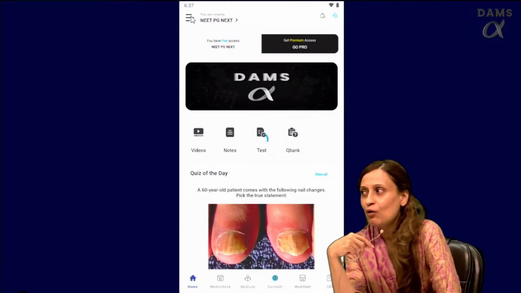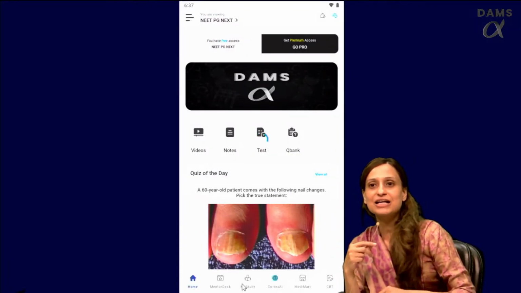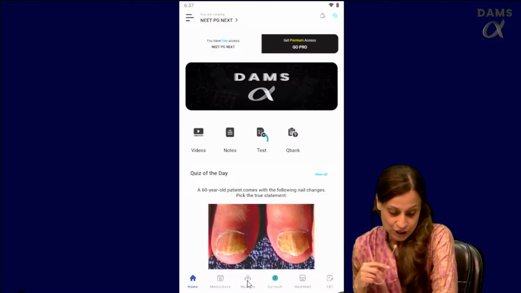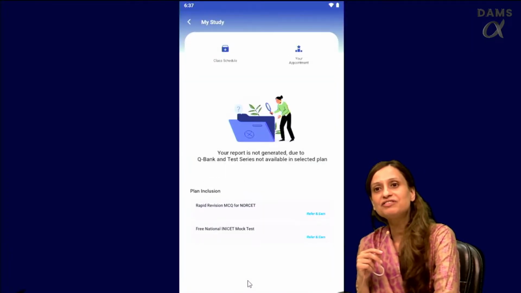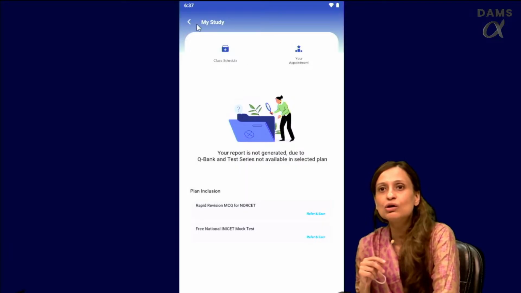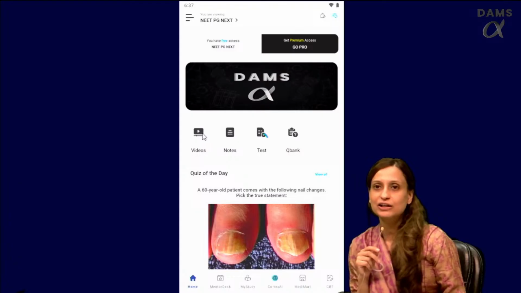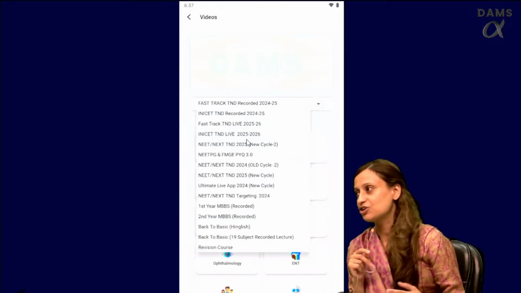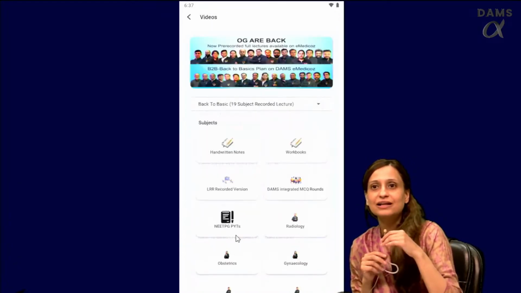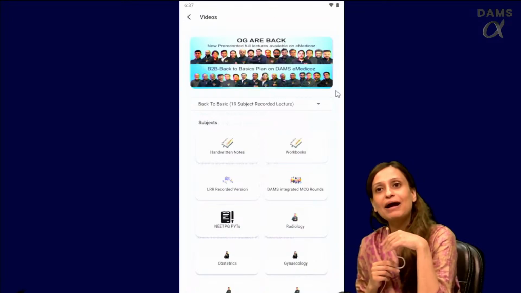Yes, at the bottom there is my study section. Okay, my study. So now let's see, once you have taken the course, it goes into my study section, and whatever will be the inclusions of that course will be shown in the my study section. So we need to see the inclusions in the my study section for back to basics.